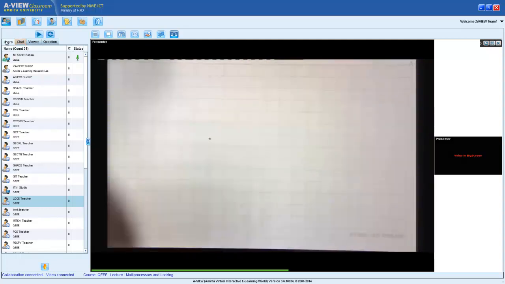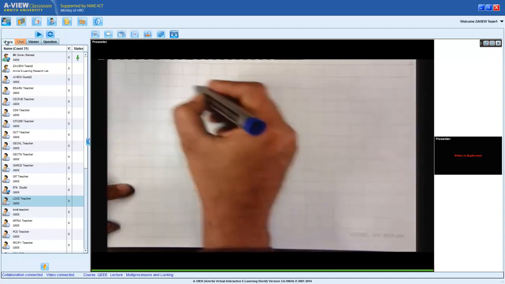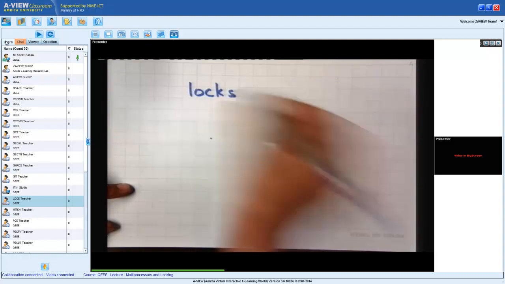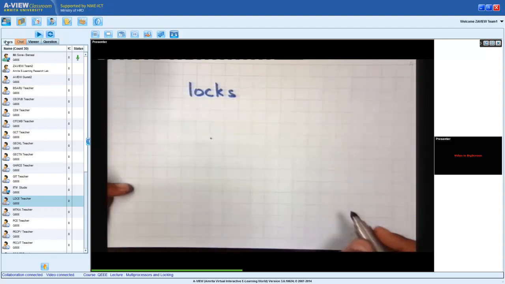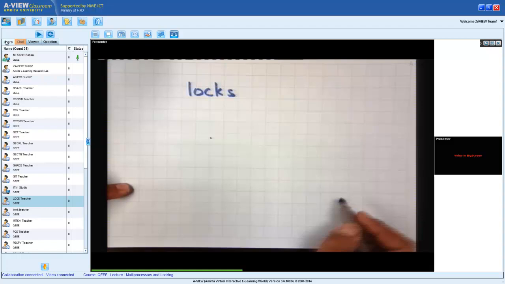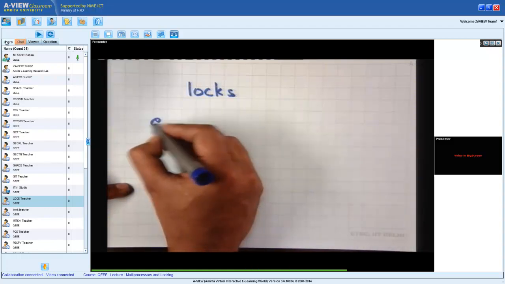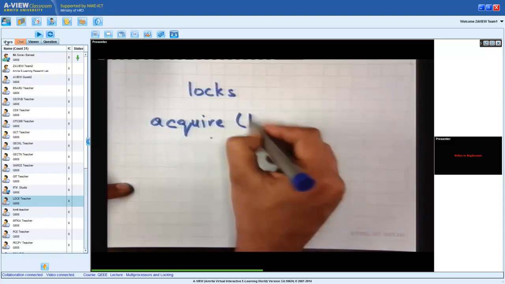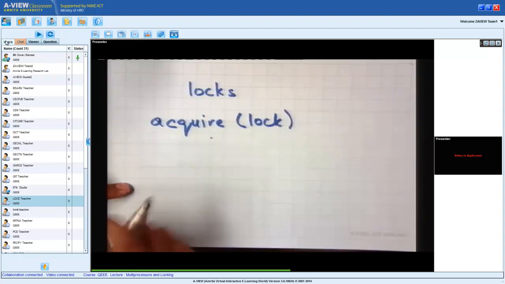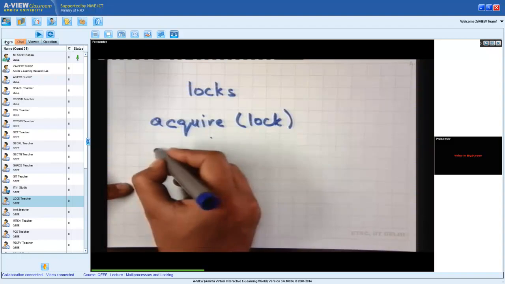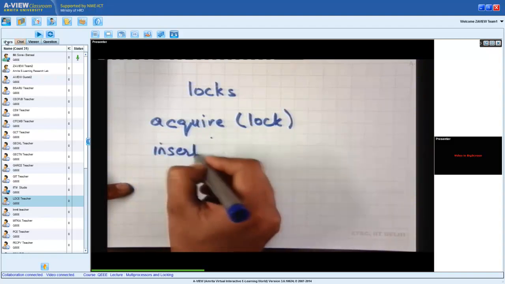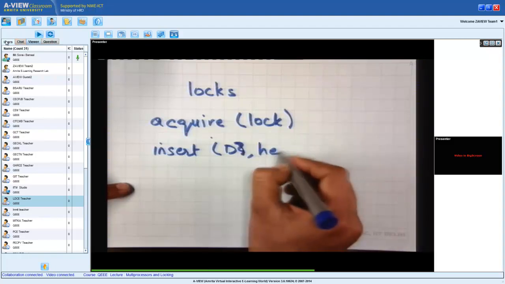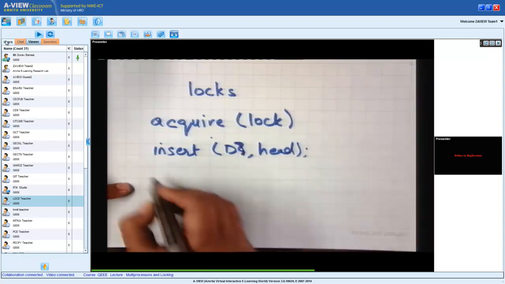This way of doing things is what's done through locks. What's a lock? Thread 1 says acquire lock L. Then you can call insert D into, let's say, head, and then you can say release lock.